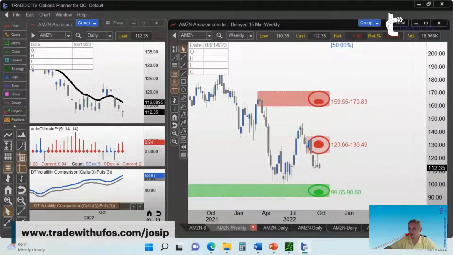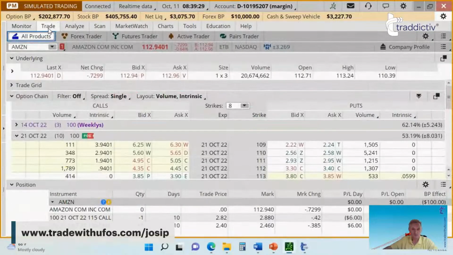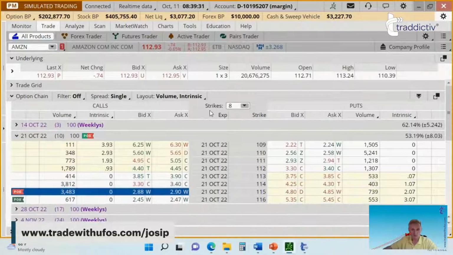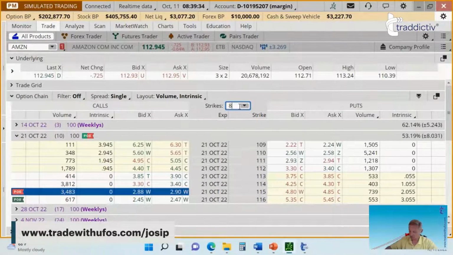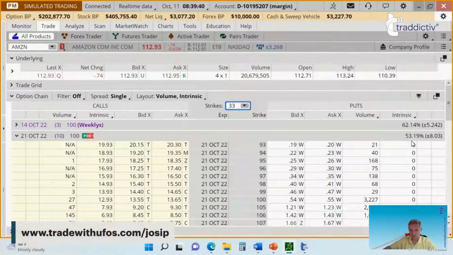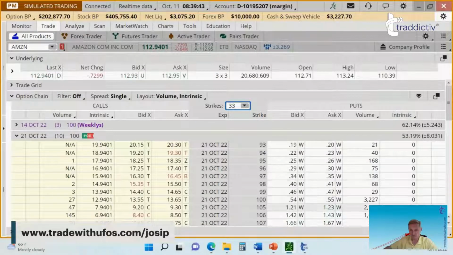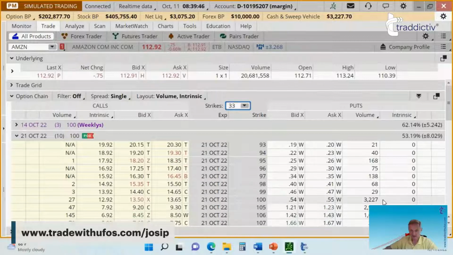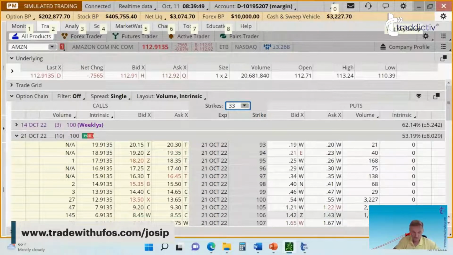And again, there are multiple ways you can arrive at the conclusion whether or not you want to do this. One thing that you can do is simply ask for more strike prices on whatever platform you're using. So let's say I'm going to ask for 33 strike prices here so I can see it. You would see the intrinsic value on the put side is 0000. But when you get to that area that I was talking to you about, all of a sudden this is poking your eyes, and because I'm dealing with puts, I'm going to change it into red. This is poking your eyes. How come there's all of a sudden so much activity around this area of the 105 and the 100?